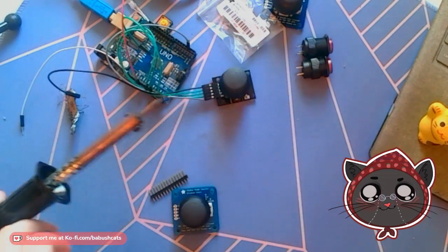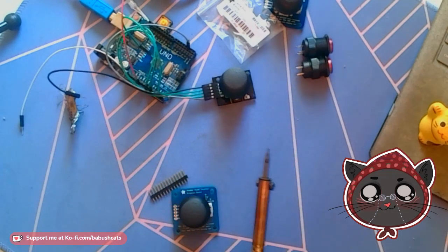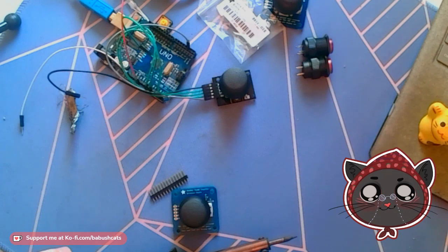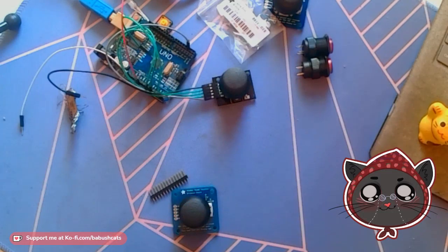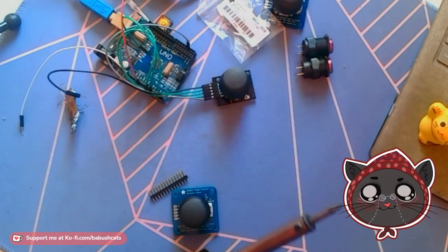Anyway, I'm gonna be... I don't actually have a holder for this. So if I just balance it... Ooh. I feel like this is a safety violation. This isn't gonna turn out well. That's what I'm expecting. If it explodes... Actually, that's a good question because...